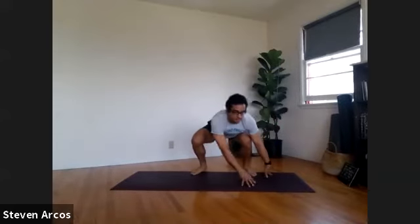Okay, we'll take the arms up, spread the fingers wide. Open and close your hands. If you want to reach the arms forward instead of up, you can. Okay, breathing, we'll go for a 10. Faster if you can, 9, 8,